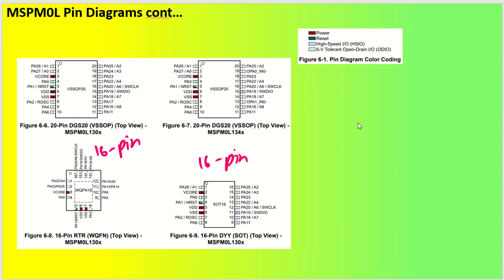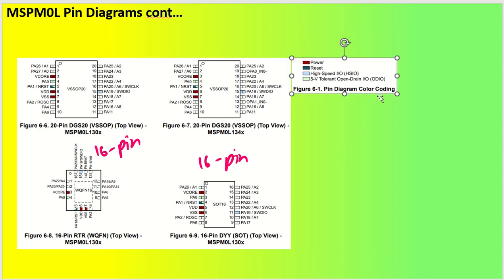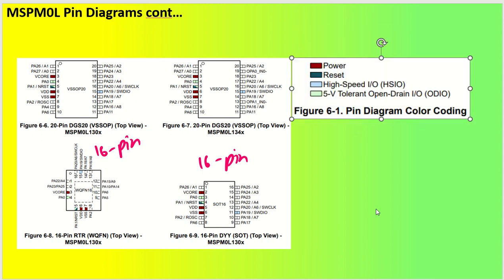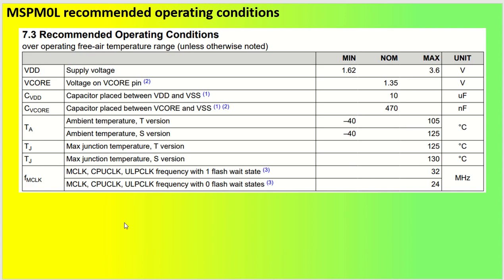So I hope you are now clear about the complete functionality of this particular device, and what the different peripherals and different packages are that are available with this device. Now we'll talk about the recommended operating conditions that we can take up for this particular device. Okay, so before we proceed to circuit design, we have to understand the electrical characteristics of this device, like what voltages it will be taking up, right?